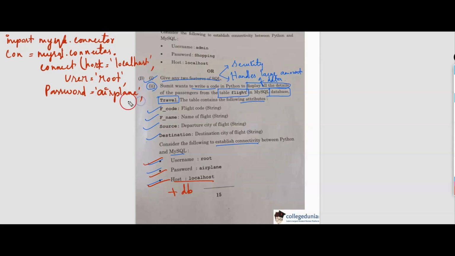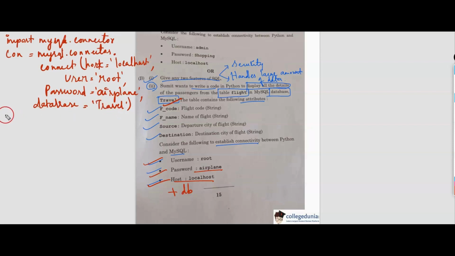Don't write it as aeroplane; they have given us airplane. So see the correct spellings which are given in the question. After that, you should update the database. The database which is given here is travel. Write travel and close the brackets.